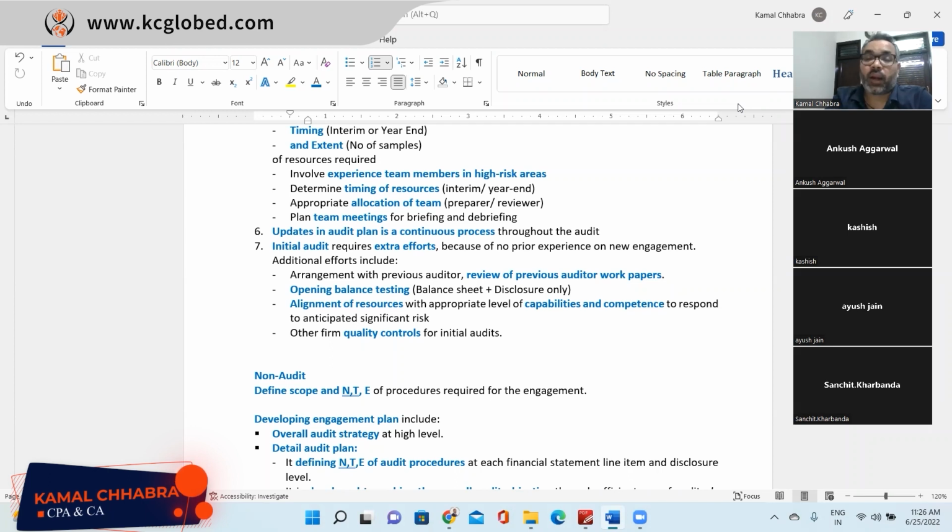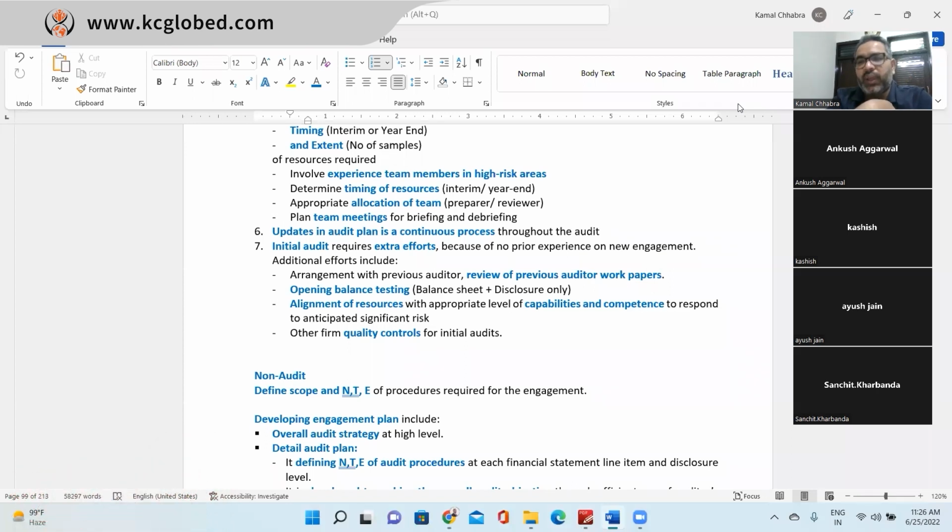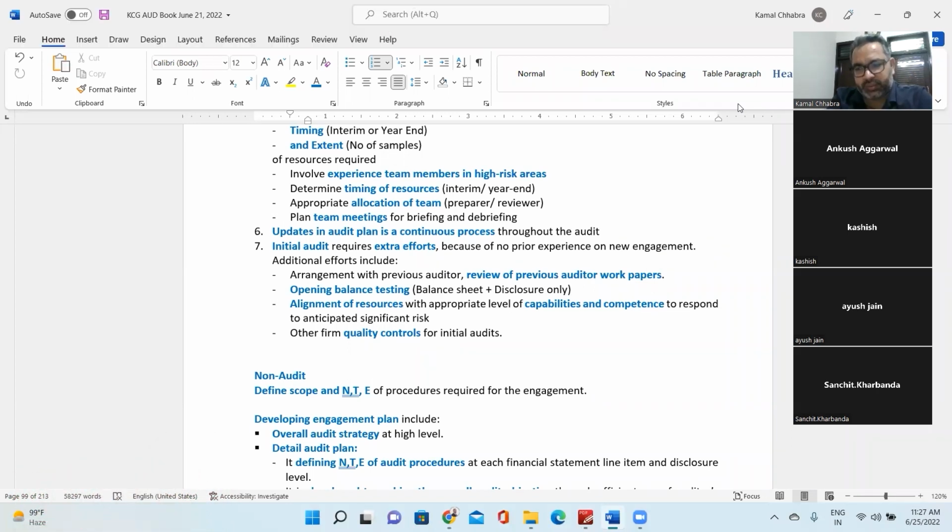Or otherwise, if management says you are not required to go to the predecessor auditor, you are not required to communicate to the predecessor auditor, then the last word in our hand is the modification in the audit report. In that scenario, we can disclaim the opening balances we have not conducted, so that users are relying on our report. So we are responsible to the public